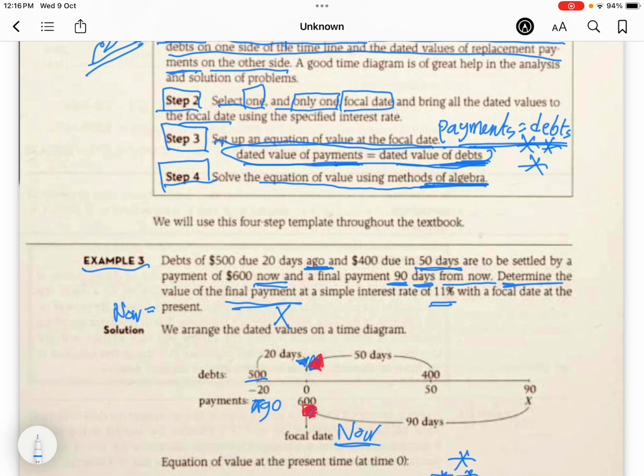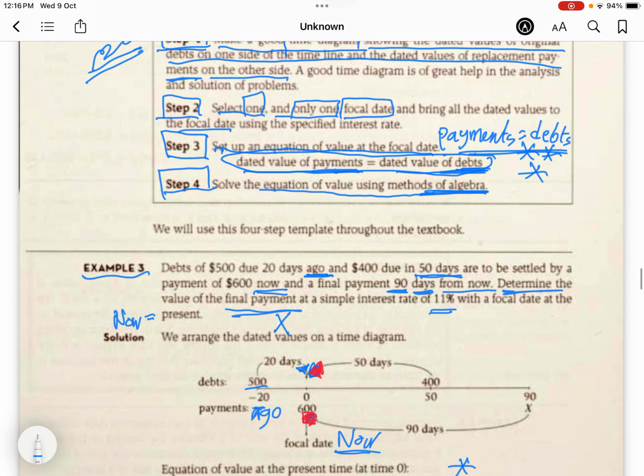Example number 3, page 17. Notice debits of $500 due 20 days ago, and $400 is due in 50 days, are to be settled by the payment of 600. Then we have two debits, 400, 500, and the payments of 600